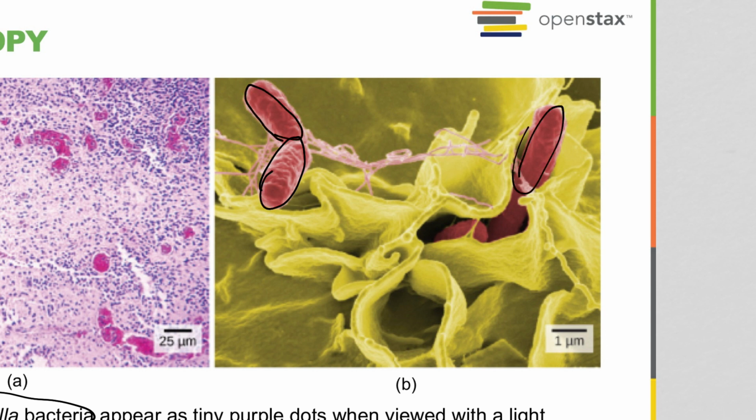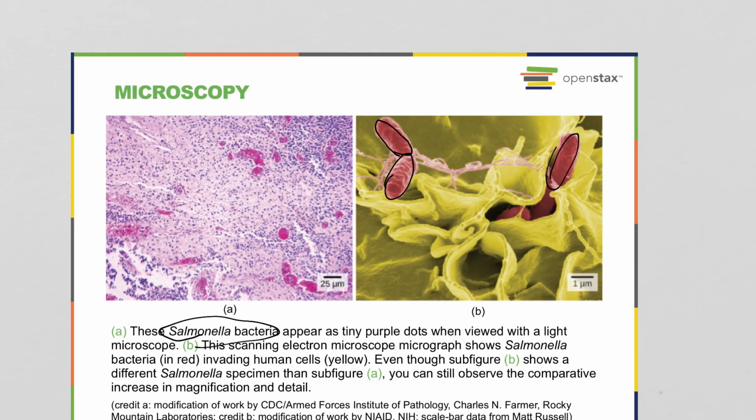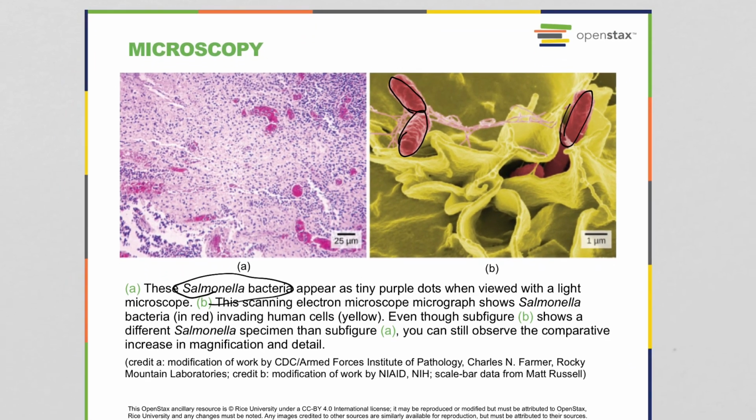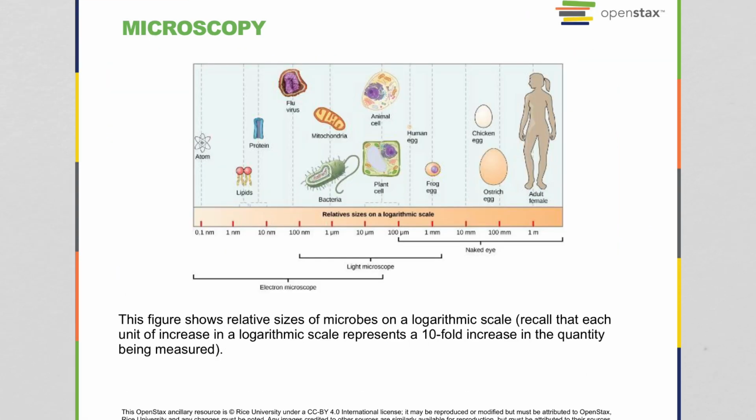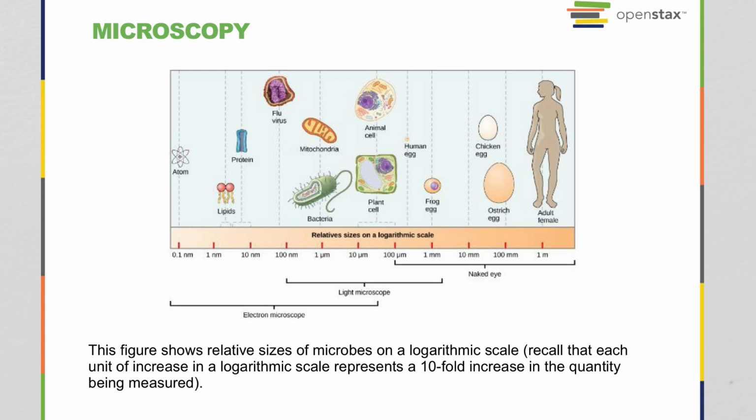And so a lot of the things that we know about cell structure are from microscopy and specific types of stains. And some things are from inference, because a lot of times we only get to see a two-dimensional structure of these things. And then you kind of have to imagine what they would look like in three-dimensional structure. So we use illustrations. To give you an idea of scale, this is a log-sized scale of different structures that